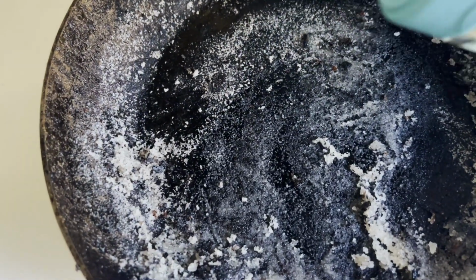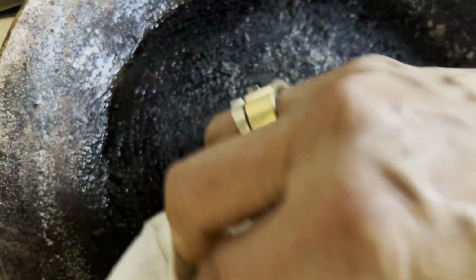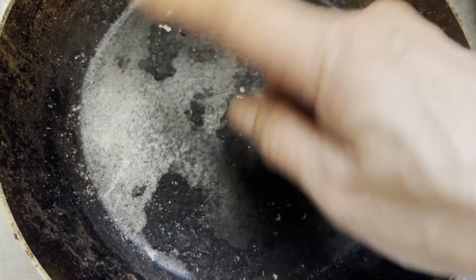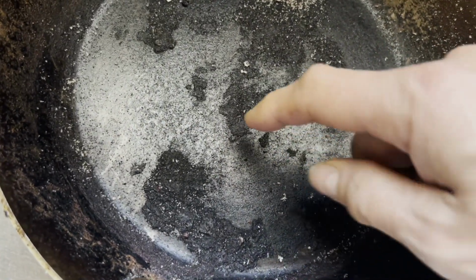You can add a little more oil if you like, because the salt has actually soaked up all the oil. At this time the pan is cooled off, so I can use my hand if I want. So you see the buildup right now. I couldn't get rid of this buildup here. So normally you can, just by using the salt, scrub off the buildup, but there's lots of buildup